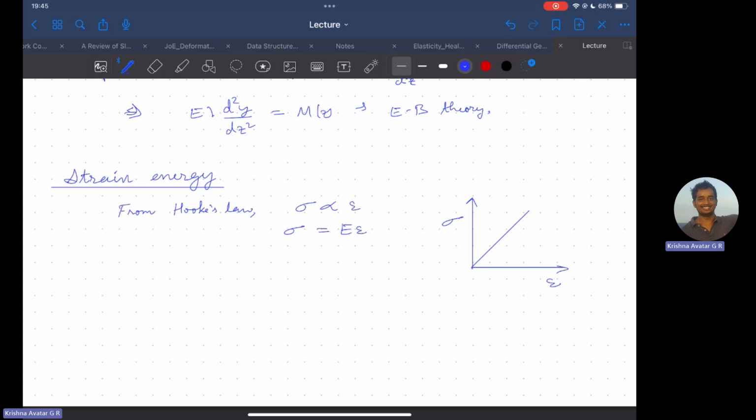Because at epsilon is equal to 0, sigma is also 0, it should pass through the origin here. There is 0. And say we take it to some strain, say till here, some epsilon final, so corresponding to this is the sigma final,